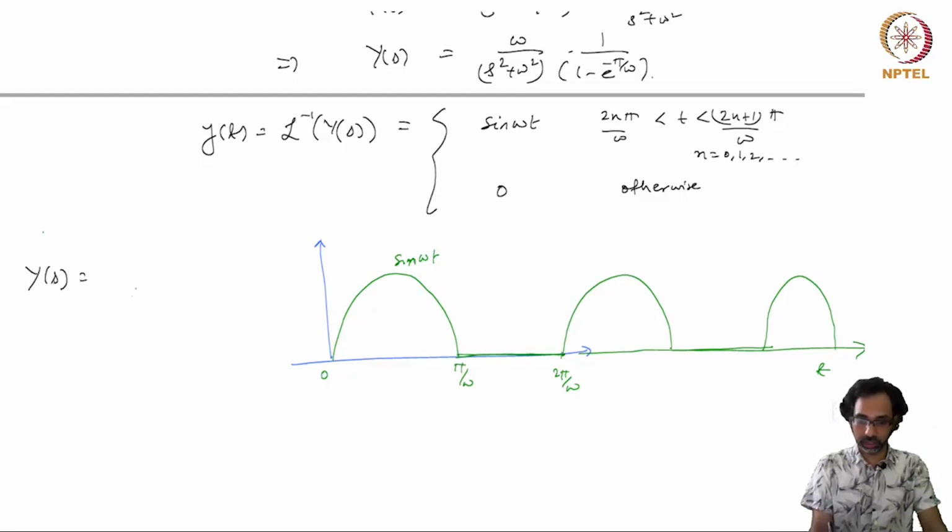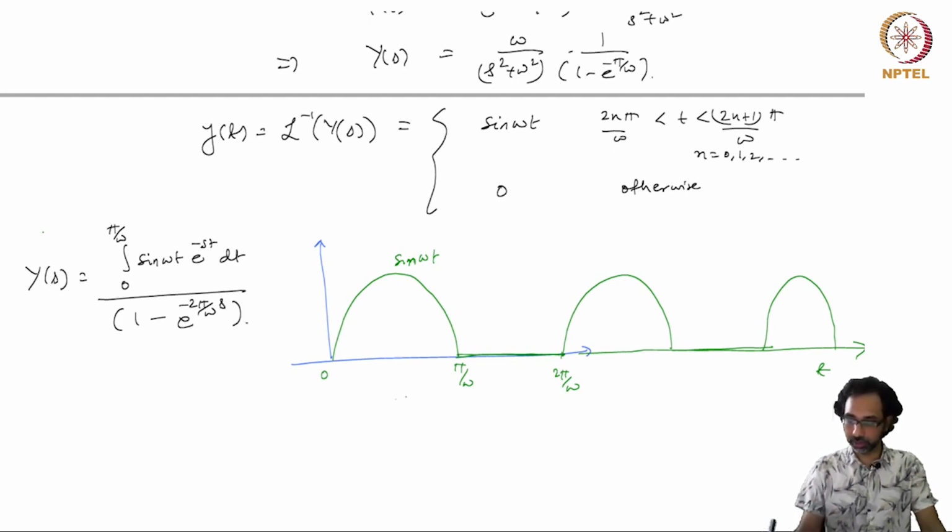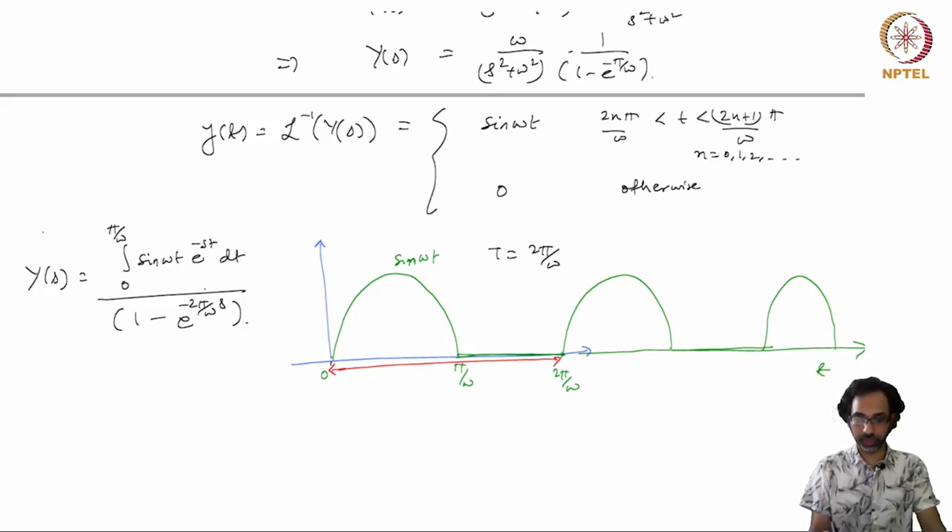it's the same function. This is equal to the integral from 0 to pi by omega of sine omega t e to the power minus st dt, divided by 1 minus e to the power minus 2 pi by omega s, because the period for this function is 2 pi by omega. So this is this whole interval where it is sine omega t in the first half and 0 in the second half. So this is just applying the formula for the Laplace transform of a periodic function, and we will find that